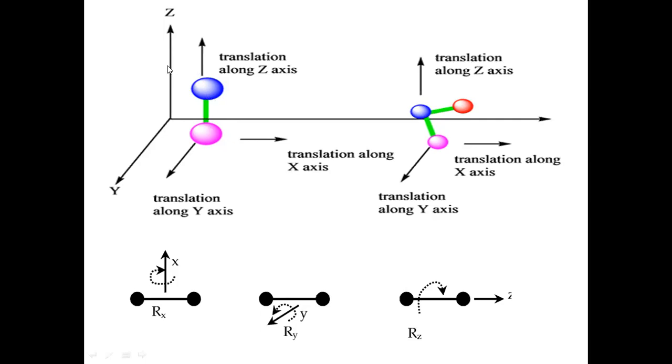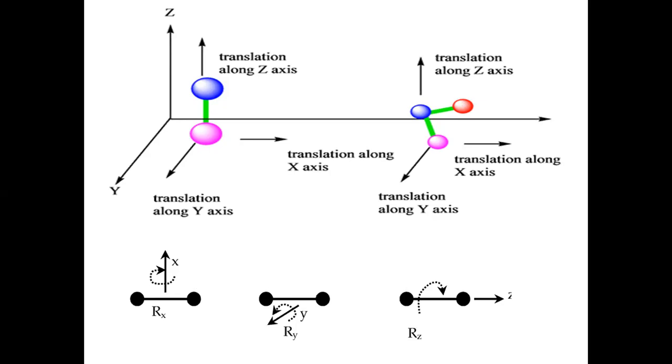You can imagine that the molecule is rotating around a z-axis, and there is no energy required for this particular kind of rotation, and it is not considered. So the number of rotational modes associated with a linear molecule is 2, while for a non-linear molecule there are 3 rotational modes active associated with it.